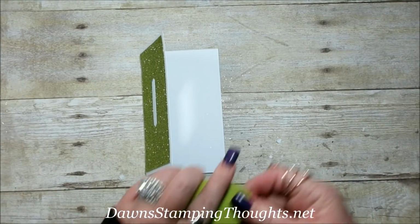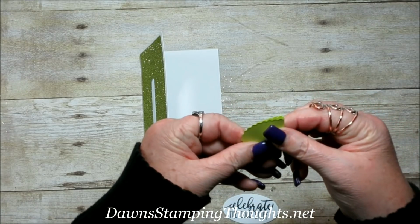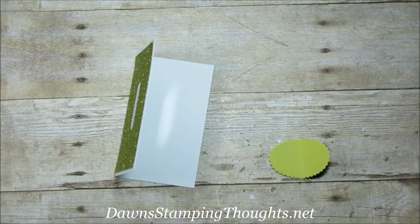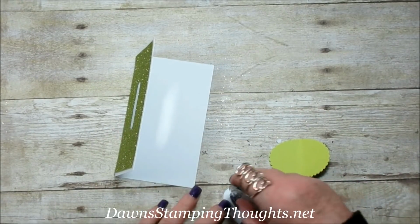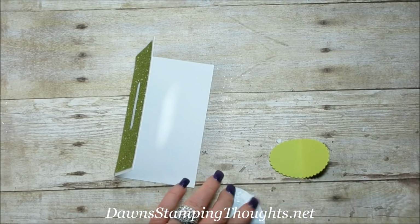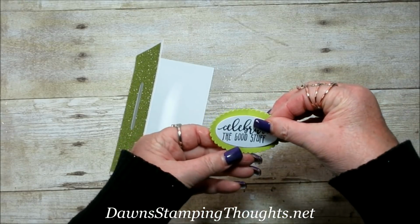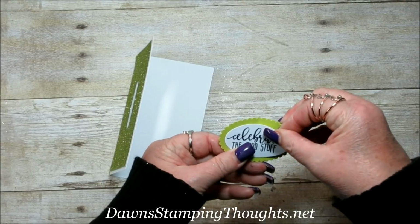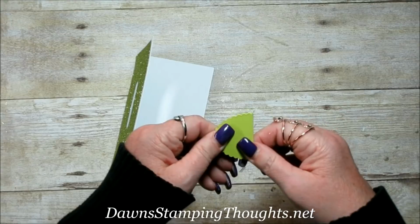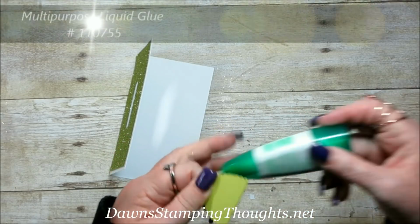All right, now we're going to take the lemon lime twist, and this is the oval shape with the scallops. We're going to fold this in half. I find that folding it in half first before we add the greeting makes it fold a little bit better when they're put together, having that base folded first. So you're just going to layer this in the center of that oval. Then you don't need your bone folder, you just want to kind of finger press that so you get a wide edge here, because now we're going to take the liquid glue